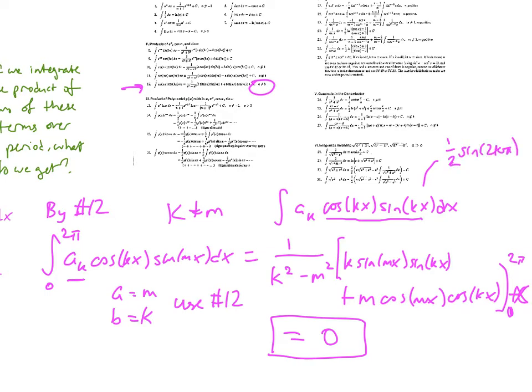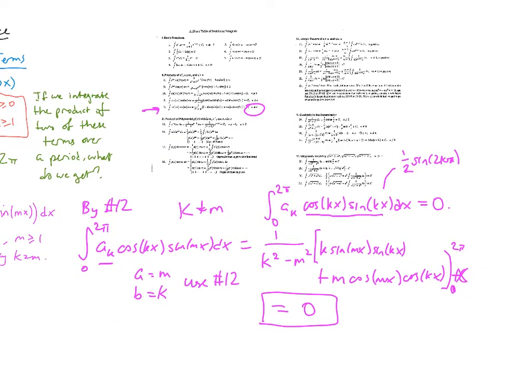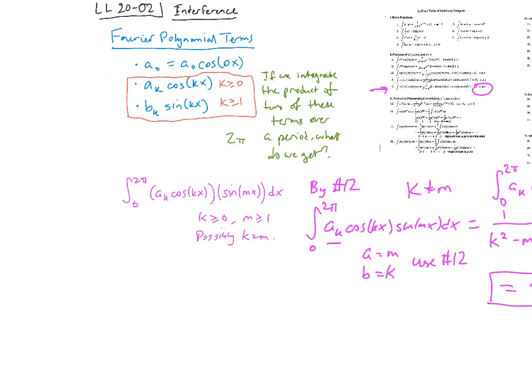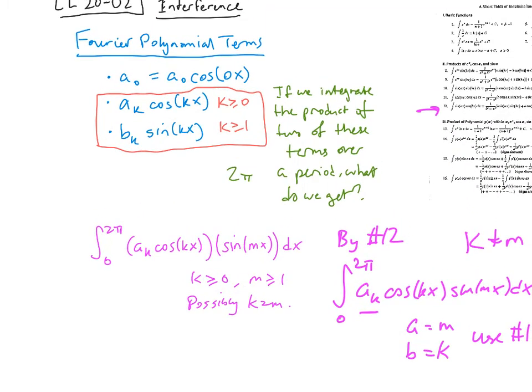And then that integrates pretty easily, and that also integrates to 0 over any period of the function. So even when k is equal to m, there's still nothing left when we integrate the product of these. Okay, so just to summarize what we've done so far, what we've shown here is that if I